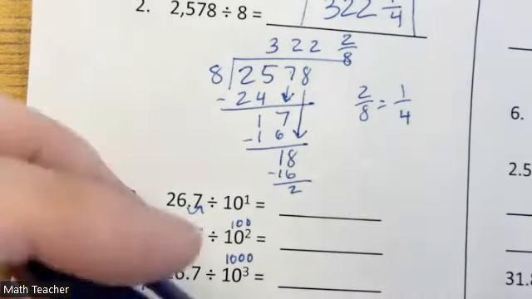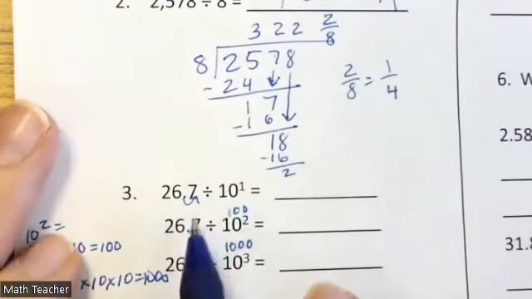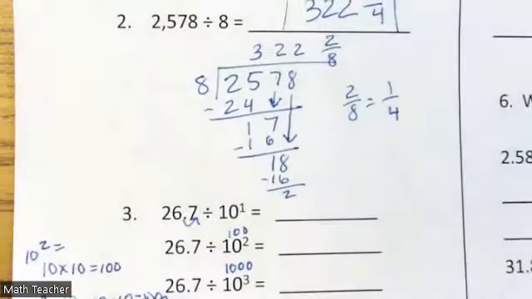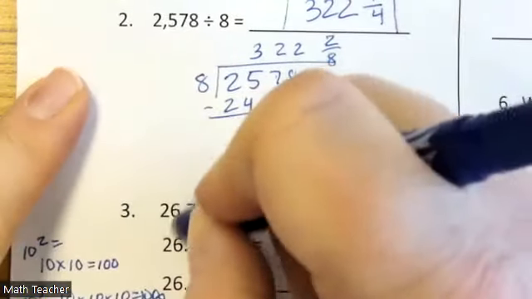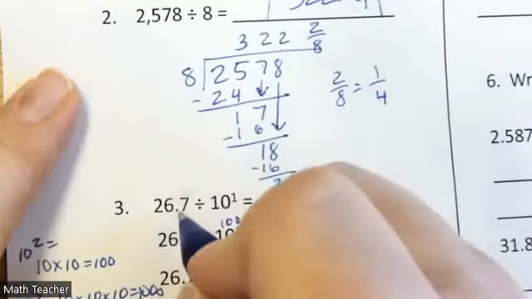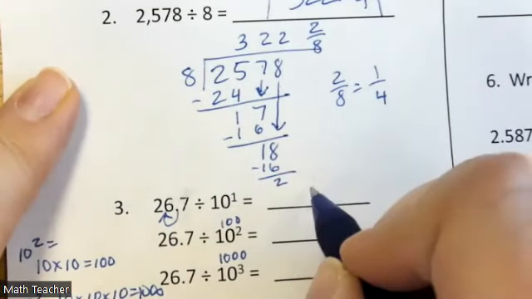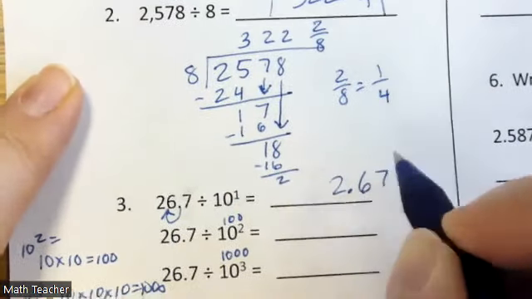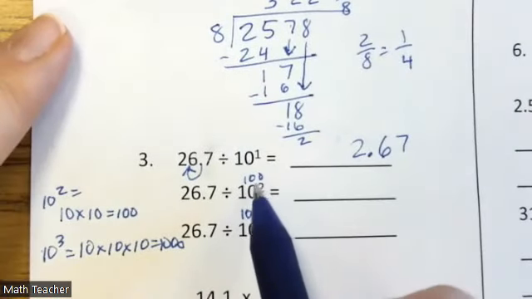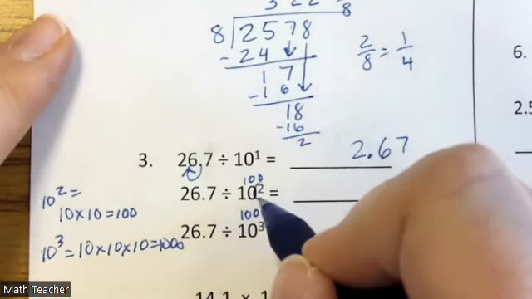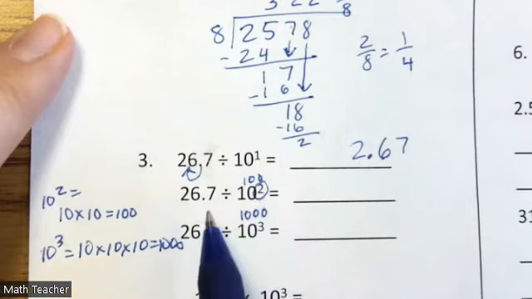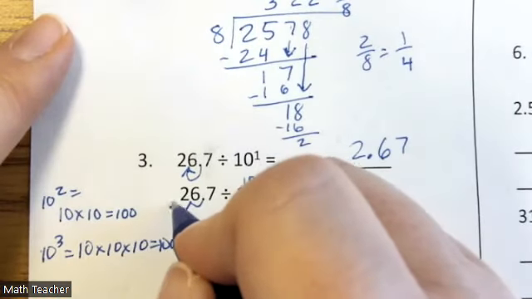All right, so we have dividing by 10 to the first power. When we're dividing by 10 to the first power, we move our decimal one place to the left. Okay, so this is 2.67. If we're dividing by 10 to the second power, dividing by 100, we move our decimal 2 places to the left, 1, 2. So this is